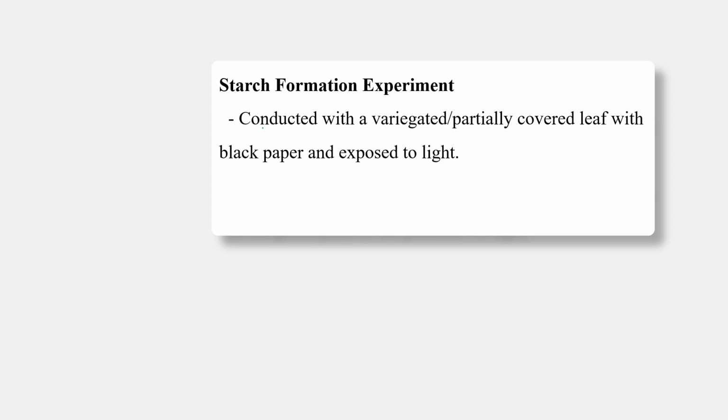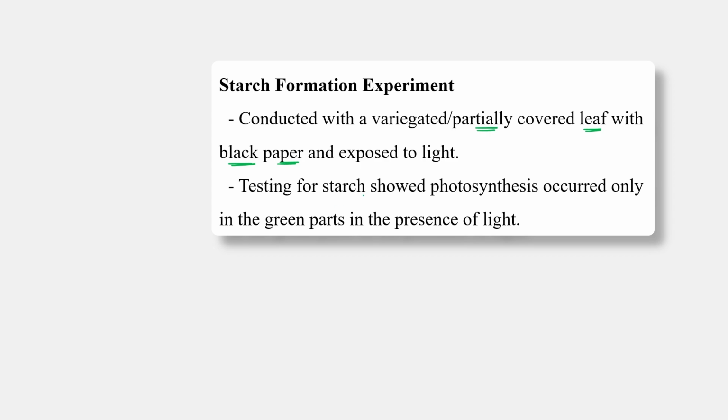So initially some scientists conducted an experiment in which a leaf is covered partially with black paper, okay, and exposed to the light, right? So testing for the starch showed that photosynthesis occurs only in that part of the green plant which is exposed to the light, which is able to absorb sunlight, which is not covered by aluminum foil or any black paper. Okay, so sunlight is required